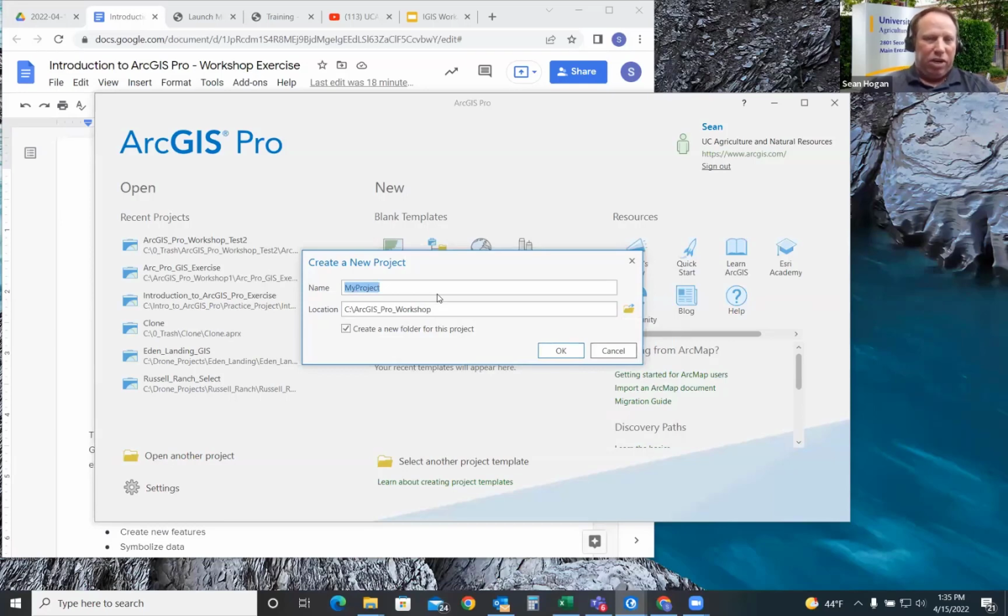Next, you can name this whatever you want. I might just say ArcGIS workshop GIS. I'm putting GIS in there as just an intuitive cue that this is the GIS folder that's going to contain the database and the APRX file, which is kind of the mother file of all of the project organization. That's why I'm putting GIS, so it doesn't get confused with any of the other file folders that are in there. And then finally, please click OK. The names don't have to be that specific.